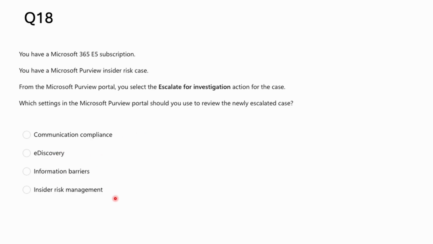When we escalate an insider risk case for investigation in the Microsoft Purview portal, the case is transferred to eDiscovery for further analysis, and this eDiscovery is going to be Premium eDiscovery. The escalate for investigation action in insider risk management automatically creates a new case in eDiscovery, and this allows the investigator to use advanced eDiscovery tools to collect, preserve, and analyze relevant data such as emails, documents, and other content related to that case. eDiscovery provides comprehensive capability for legal and investigative scenarios,